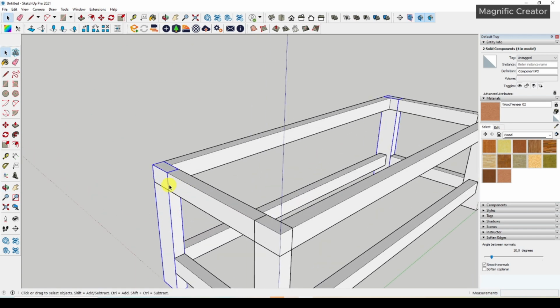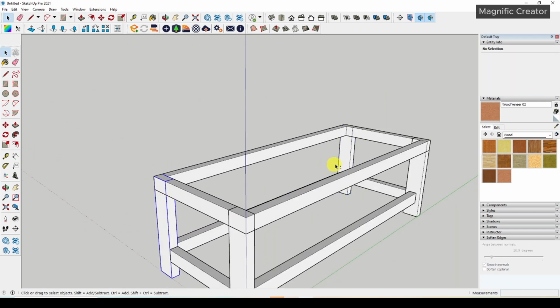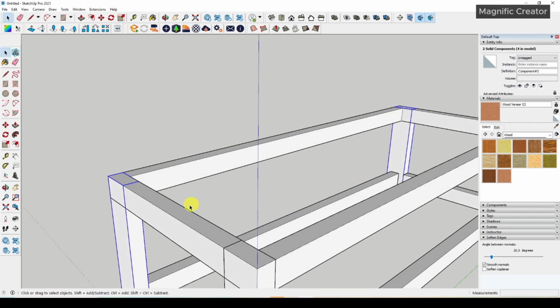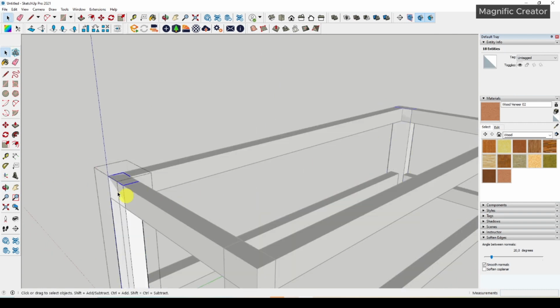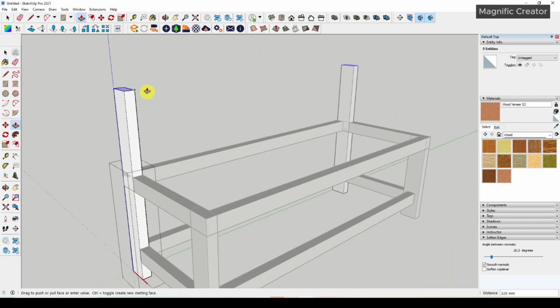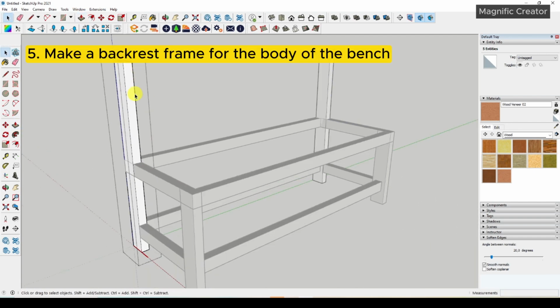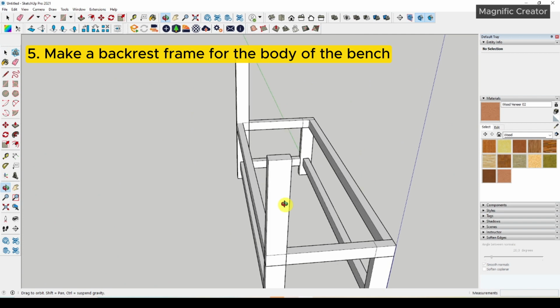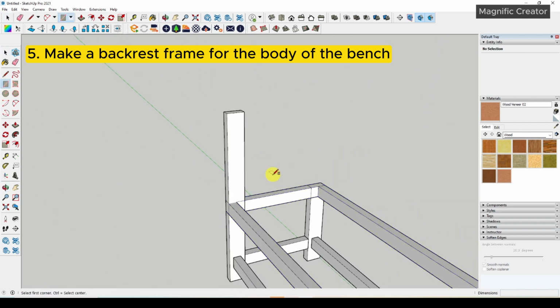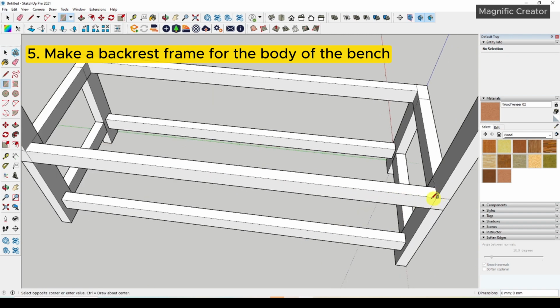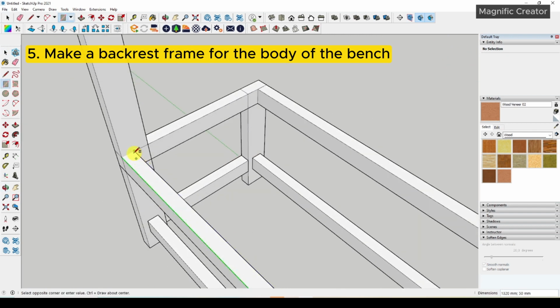another frame. Okay, you can select this. You can select both of the support and make unique. Then you should push it up to be a backrest. Okay, and then you have to make